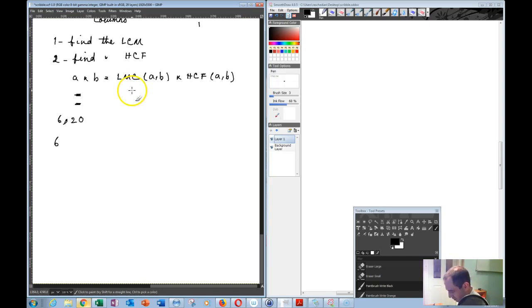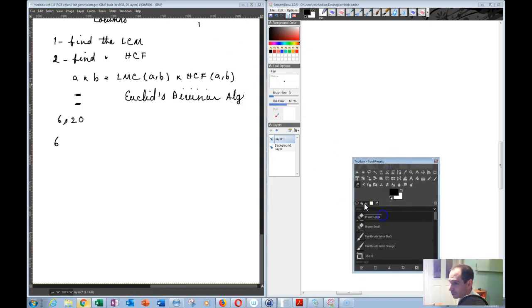Euclid's division algorithm, or Euclid's division lemma, that we can also talk about. Okay, so now if you have these 2 numbers 6 and 20,